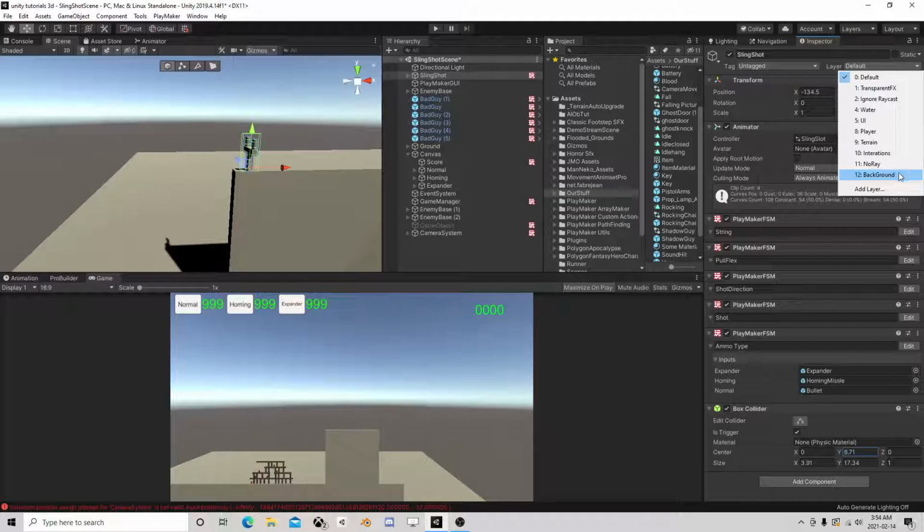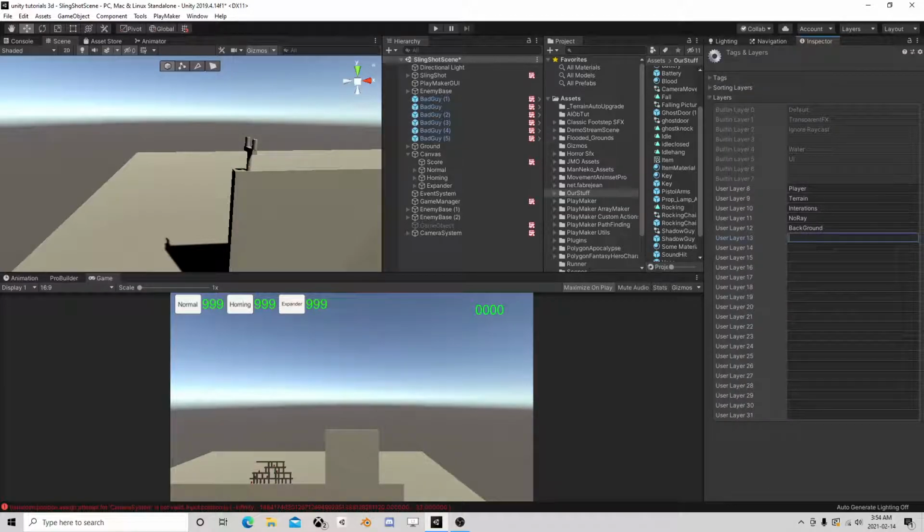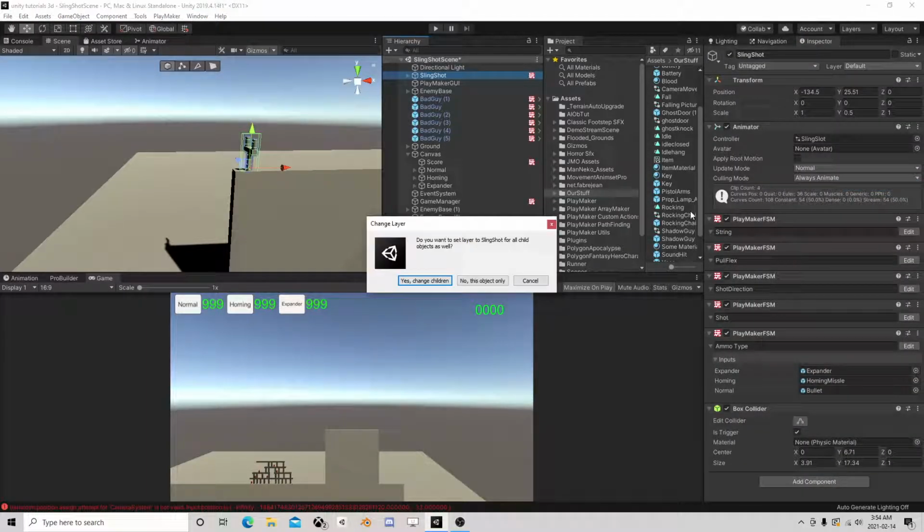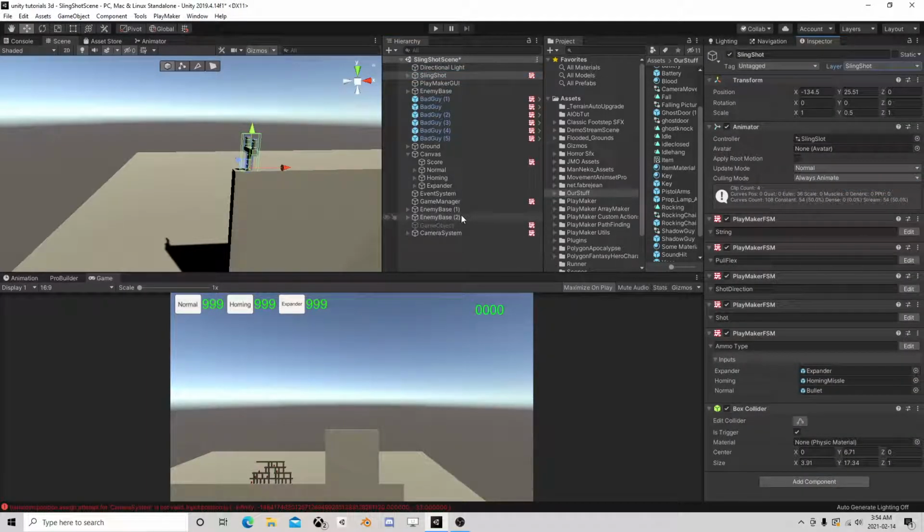And he can be on, I'm going to put him on his own layer, just to be on the safe side. We got layers to use, why not use them? We just want him. We don't want the children. Just him. So now we add an FSM,